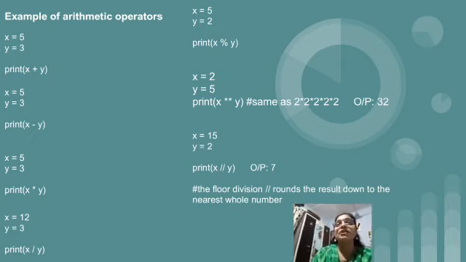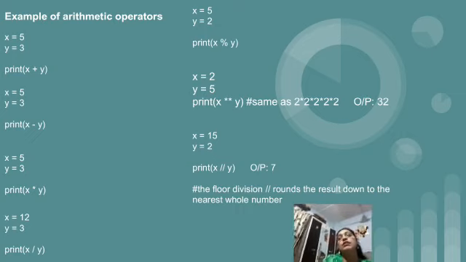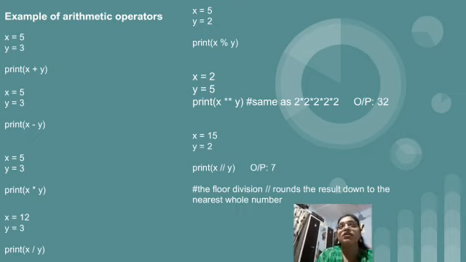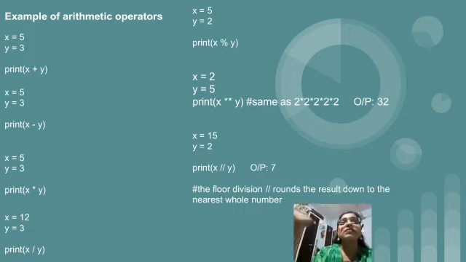Next, the division operator. We are dividing x by y, where the value of x is 12 and y is 3. So 3 fours are 12, and 4 will be the answer of division. After that, the modulus operator. x equal to 5 and y equal to 2, which means we are dividing 5 by 2. So 2 twos are 4, and the remainder will be 1. As we all know, the modulus operator gives the remainder, so the output of this program will be 1.